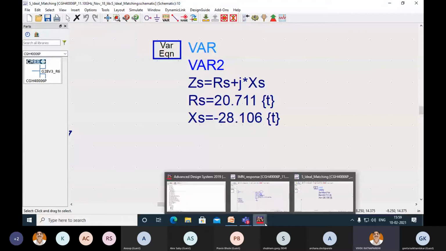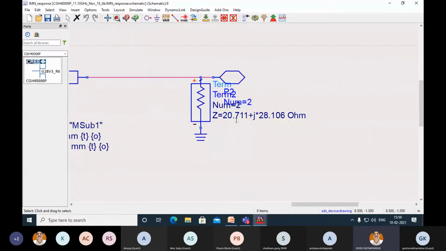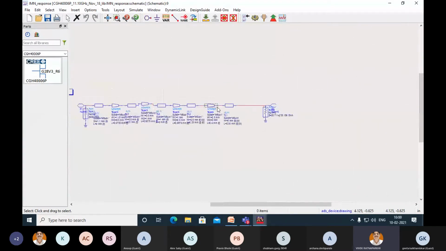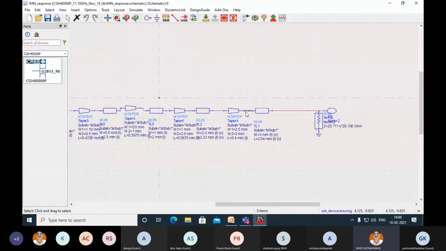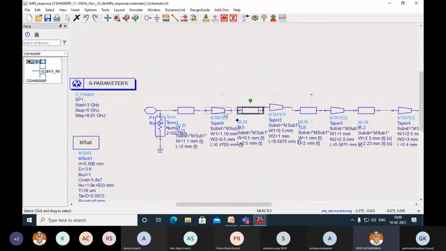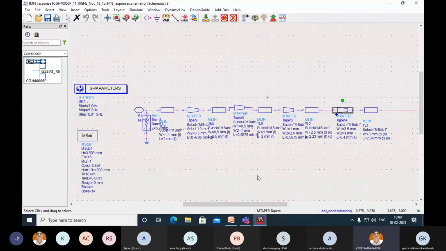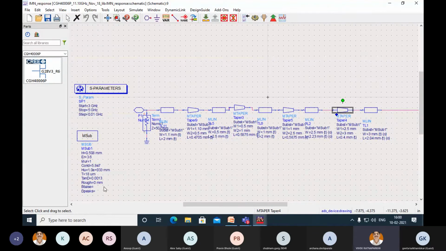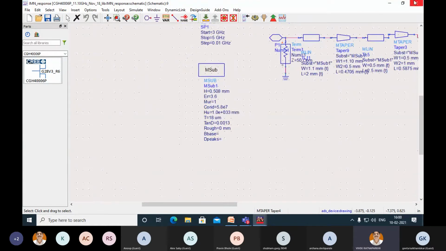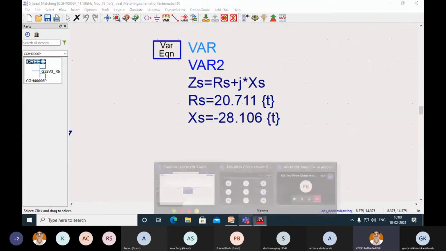So this is ZS. While doing impedance matching, we have to match with Zin, so minus will become plus, and this is the matching network with the help of multiple transmission lines having variable lengths and widths. To counter the effect of abrupt change in the widths, I have used some taper lines. So that is my matching network design. Indeed, it is the input matching network design for 4 gigahertz with this particular substrate. So once I have done that,